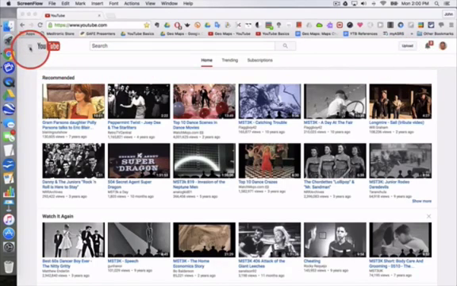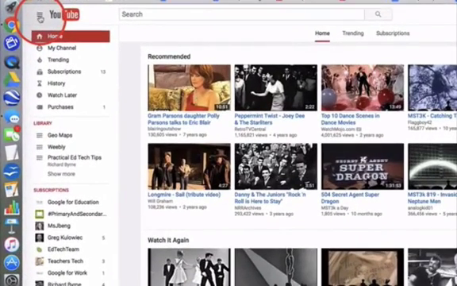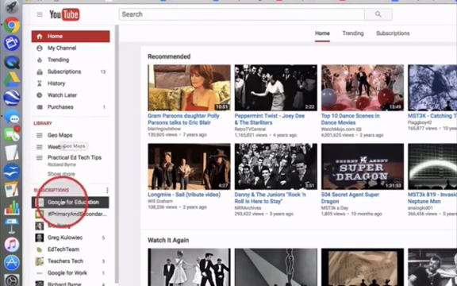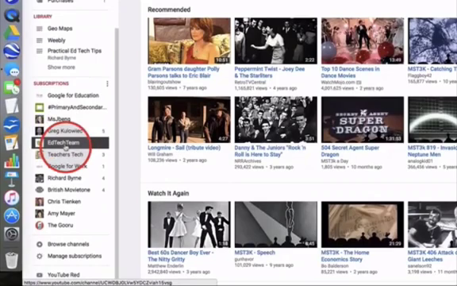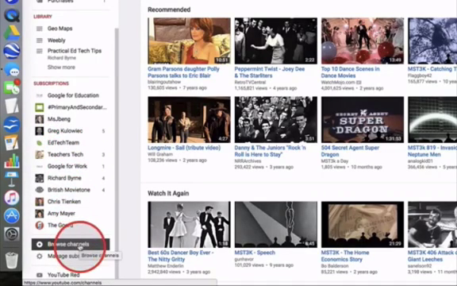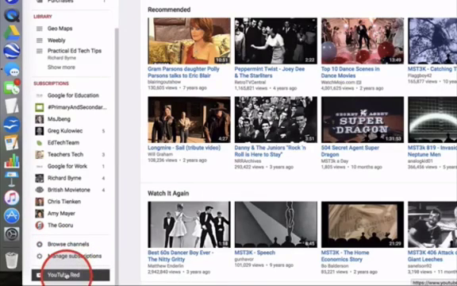I'm going to click on these three lines, sometimes called the hamburger, and I'll see this menu on the left side of the screen. It's divided into three parts. The main menu, the library, which is all of my playlists and videos, and subscriptions, all of the other channels I subscribe to. If I scroll down, there's another section that says Browse Channels, Manage Subscriptions, and YouTube Red, which